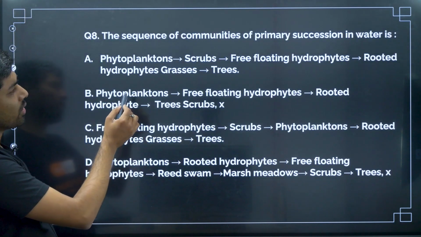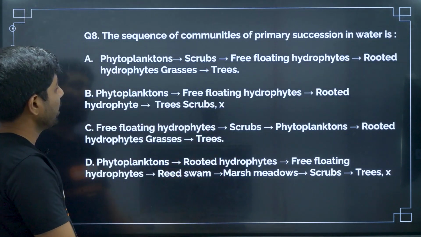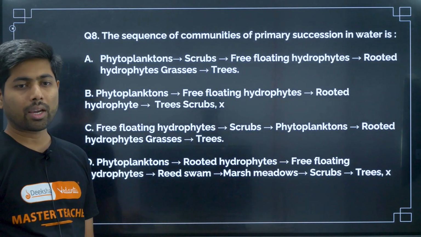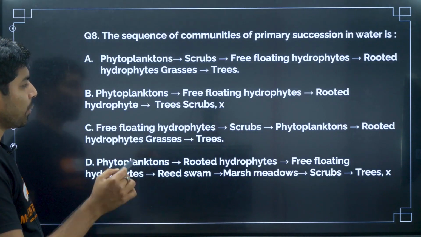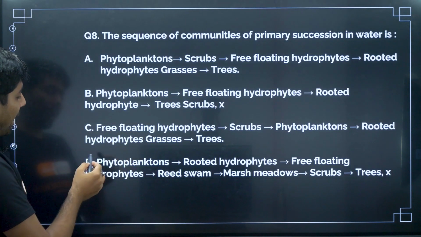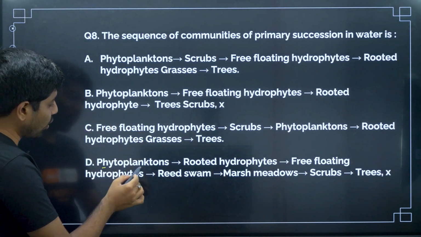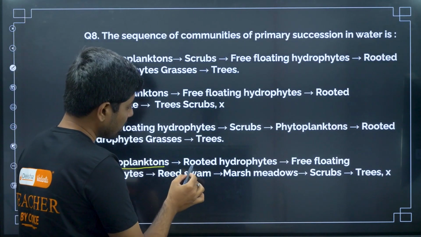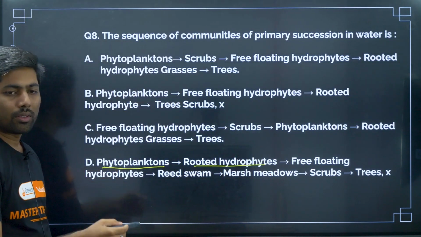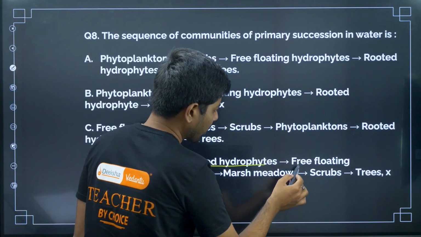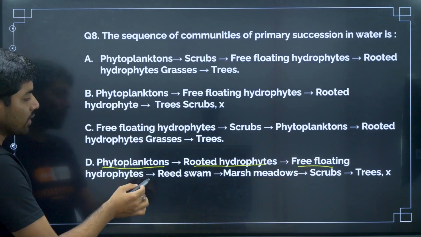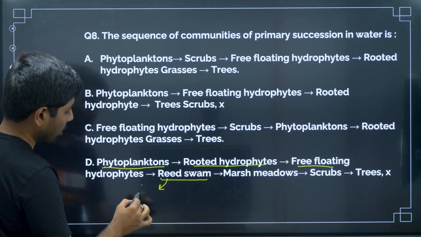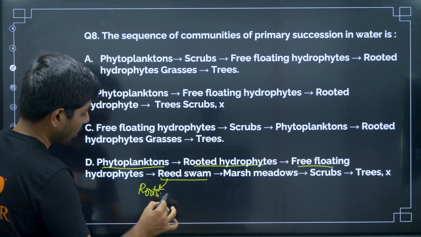Now this is also from a deleted portion called succession. Now the sequence of communities of primary succession in water. This is a question they have picked from the diagram. There is a diagram in NCERT where you can see A, B, C, D, where you can see planktons, phytoplanktons, which are floating. After that you see rooted hydrophytes, then from the rooted comes the free floating hydrophytes. Now these reed swamps are where the roots are in water